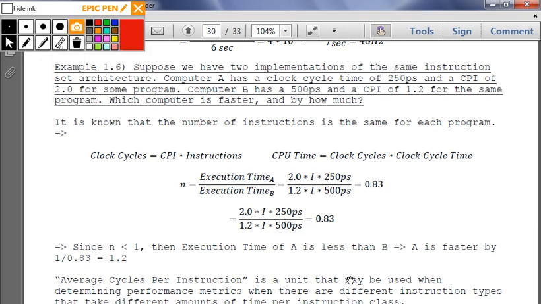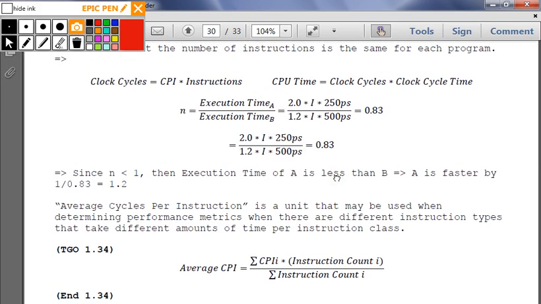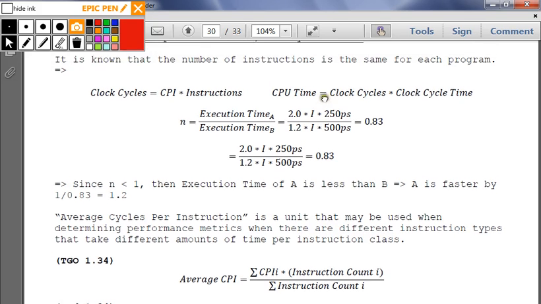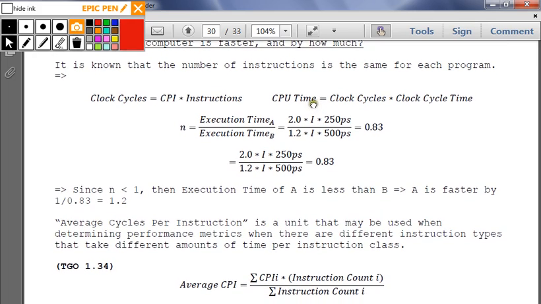Let me scroll up a little bit for the people in the back. And that's how we're able to cancel that out. So what happens is we get a ratio of 0.83. That means that A is 0.83 times as fast as B, which means that B is faster. So the end of the question here, which computer is faster and by how much? What I mean is,